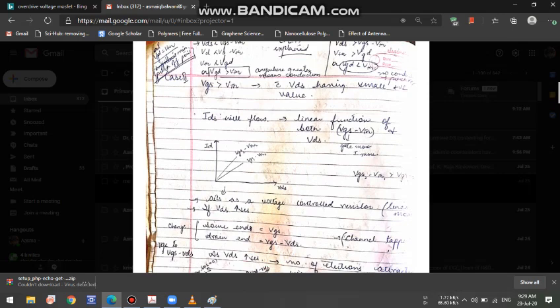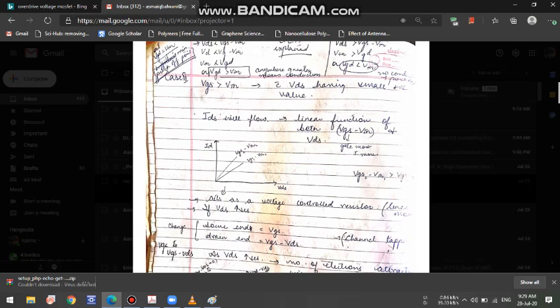Okay, so first you need to understand what the behavior of the drain current is with respect to the drain source voltage. Obviously, if the drain source voltage is increased up to a certain value... okay, let's just leave this ID versus VDS. We'll explain it in a different graph wherein we'll also discuss the saturation region. Let's just see what are these two lines that I have made.